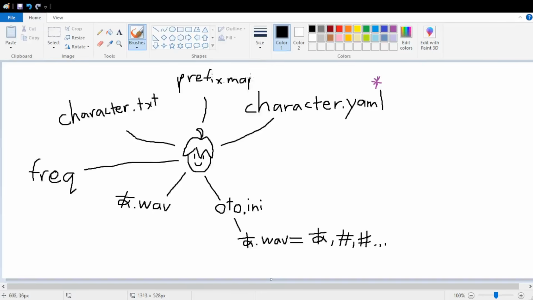The other thing that goes in the root is a prefix, prefix dot map. I think you're supposed to have one, but I've also seen banks work without them if they don't need one. What this does is, the prefix.map has a format where it's got the names of all the different notes from high to low written down the left, and then there's 2 columns: the prefix column, which usually I see people not use, but it can happen, and the suffix column. So if, for example, we had R at the pitch C4 and then R at the pitch A4,